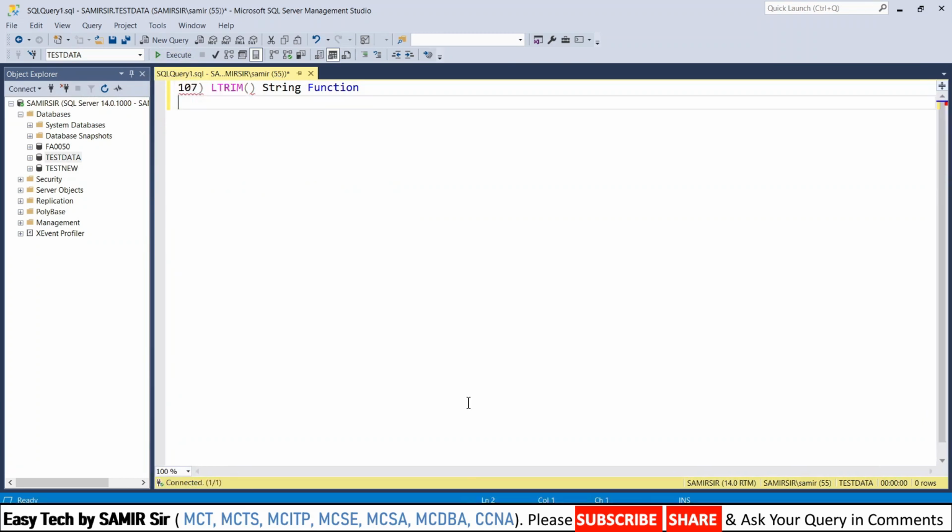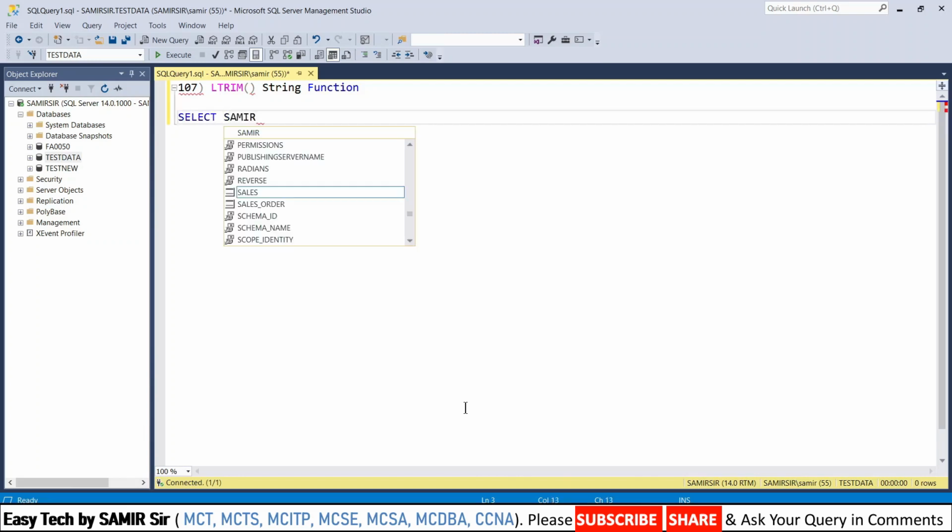Okay, so query number 107, the Ltrim function. Ltrim stands for trim from the left hand side. It will remove the leading space from a string or character variable. For example, if you say select Samir, let's say I'm giving Samir